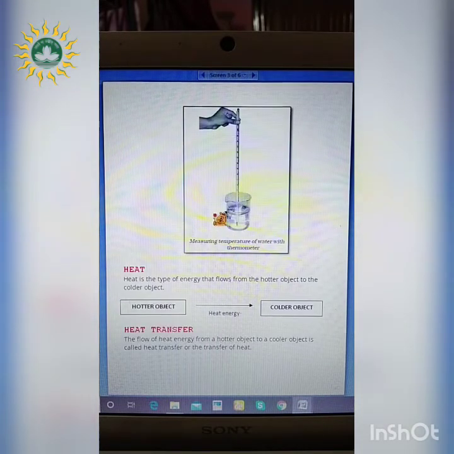Firstly, we will take one beaker, and within this beaker we will take some amount of water. Then the laboratory thermometer is dipped into this beaker, taking some necessary precautions. Now this laboratory thermometer, we all know, has a range of minus 10 degrees Celsius to 110 degrees Celsius. So whenever we dip this laboratory thermometer inside, what will happen? The mercury present inside will slowly rise according to the temperature of this water. And then we can easily note the temperature reading, right? So this is how we can measure the temperature of water at room temperature.